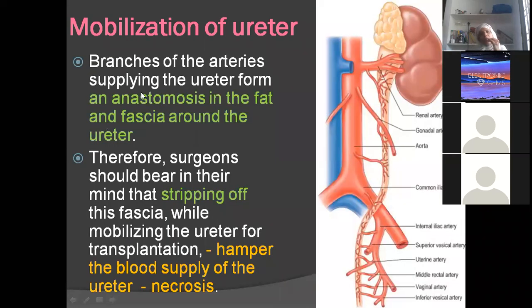Now see here, the blood supply is forming all longitudinal anastomosis. So when you are doing any surgery, we should be very careful not to strip the fascia, because within the fascia we have all the longitudinal anastomosis of the blood vessels. So suppose we are not being very tender; that's why you do dissection thoroughly, and automatically you will become very good surgeons. We should be very careful to handle the fascia when doing any abdominal surgeries, because if these blood vessels are ruptured, it will cause necrosis.